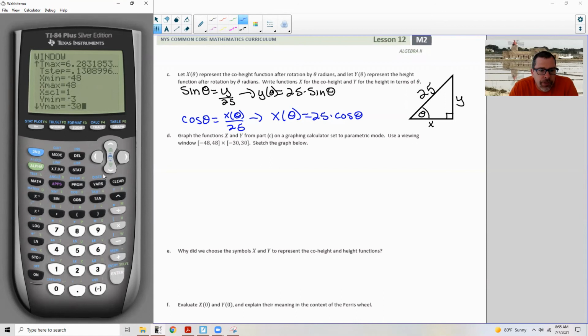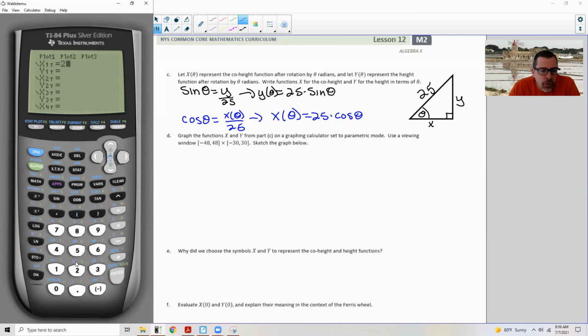Negative 30 to positive 30. Okay, negative 48 to 48, negative 30 to 30. Parametric, go to y equals, and plug in our values here. So when I do that,